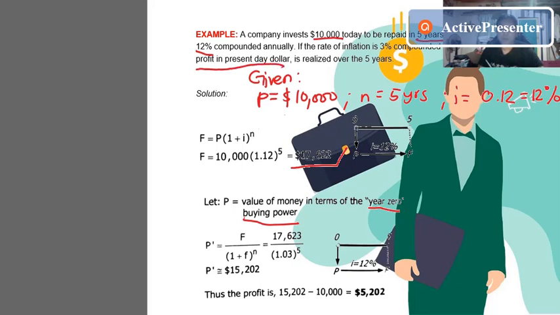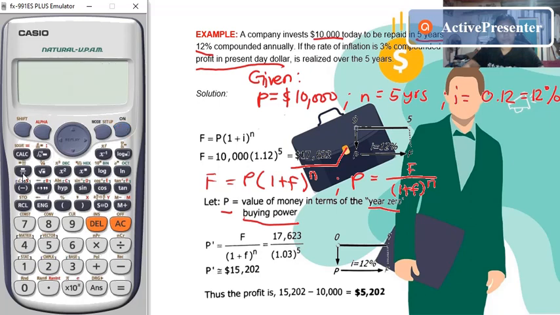So solving for P, our inflation formula is F equals P times (1 plus f) raised to N. Since P is our unknown, we can derive that P is equal to F over (1 plus f) raised to N. Since we have the future value from the 10,000 invested, our given F is 17,623, divided by 1